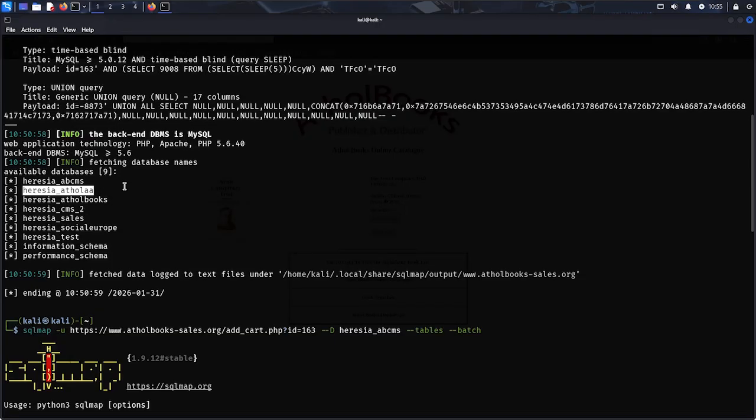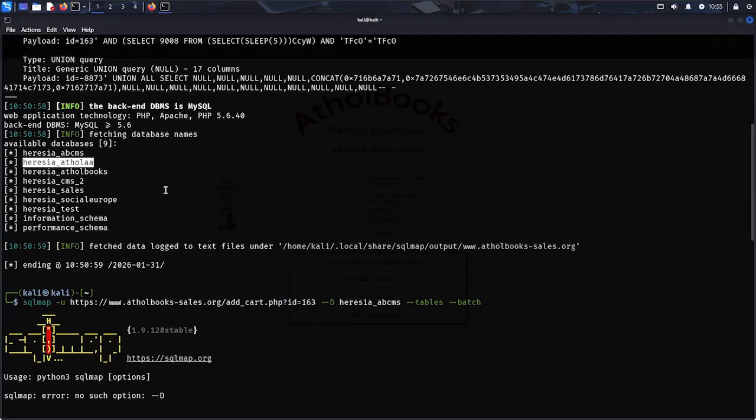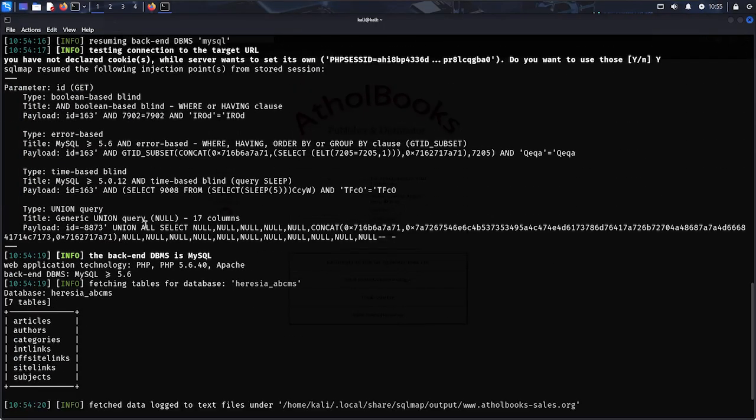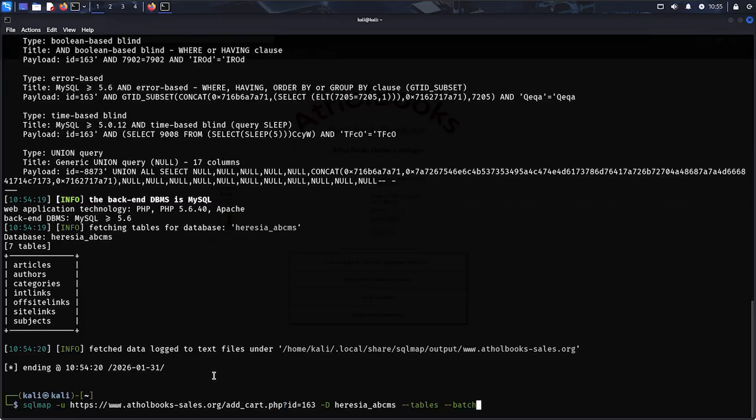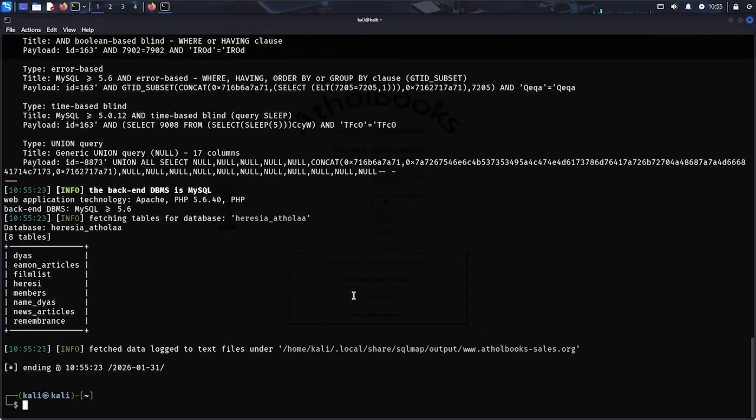Let us scan this database. For this, again, we put the database name here. Paste clipboard, press enter. Let us see what this is. There is days, EM1 articles, film list. Here it says members, name, days, raw articles, remember, and there is